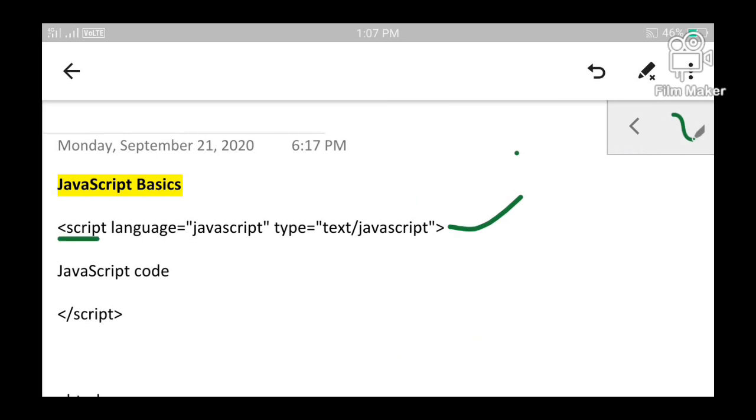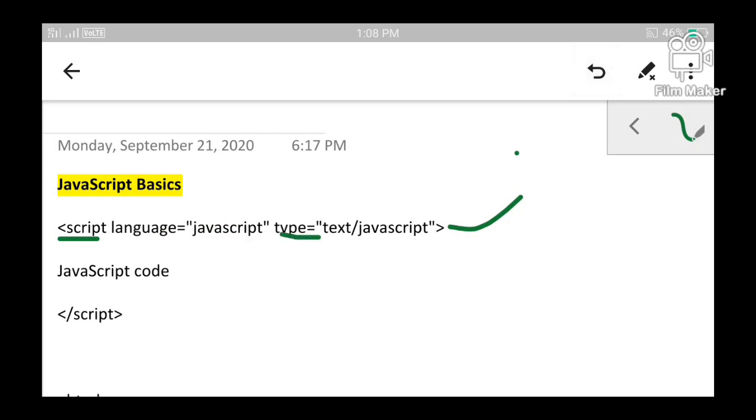This is the script tag, and inside it I am using the first attribute, language, which is assigned the value JavaScript. Remember, this is an attribute and this is the value, assigned within double quotes.